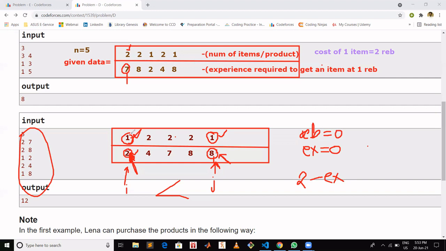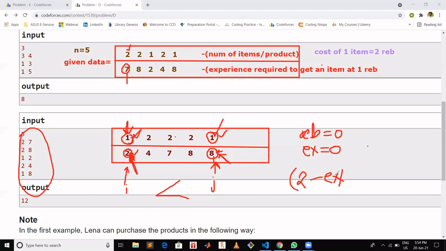After getting these products at half cost, our experience is going to increase by the number of items we are going to purchase over here. So that might become greater than this experience, and we can purchase the rest items of this jth one at half rate. That's why we are not going to purchase all items at once. We will check what is the requirement.